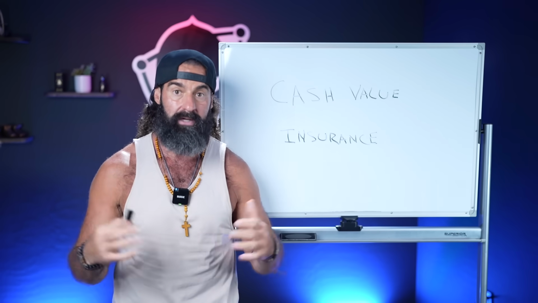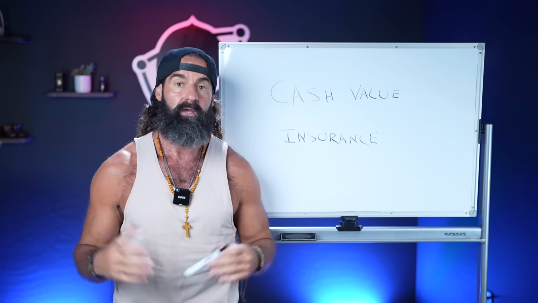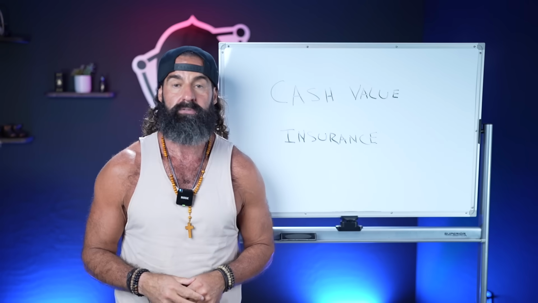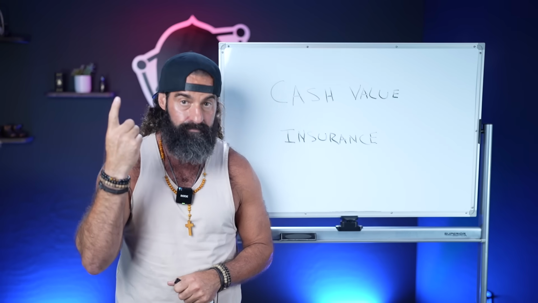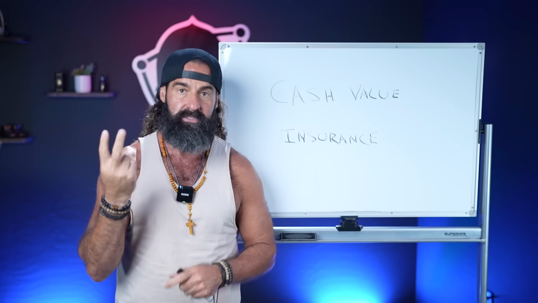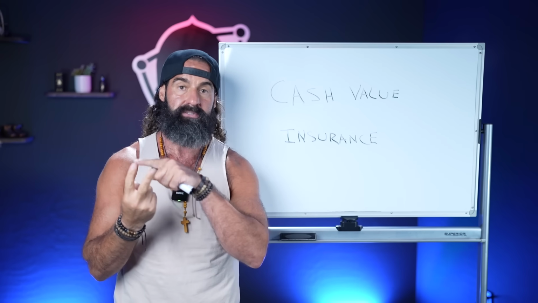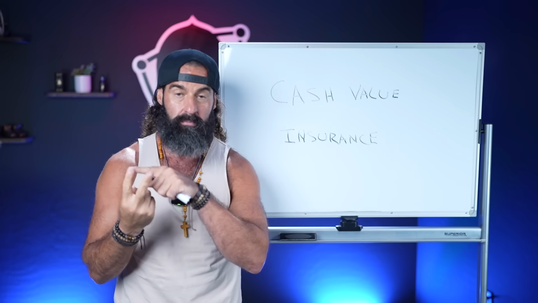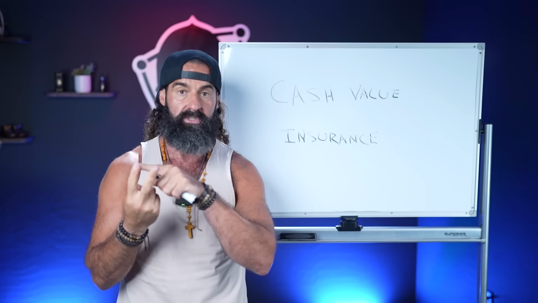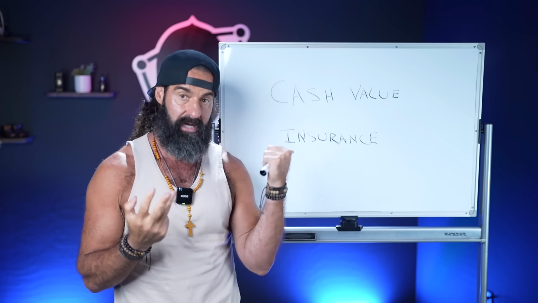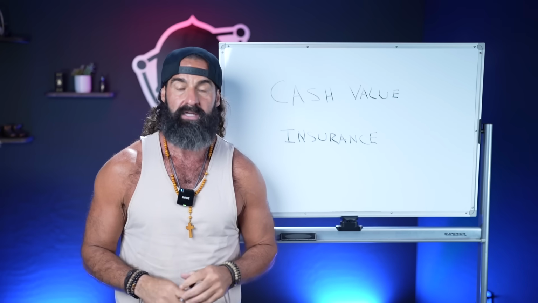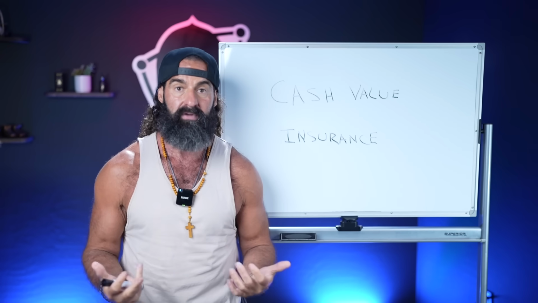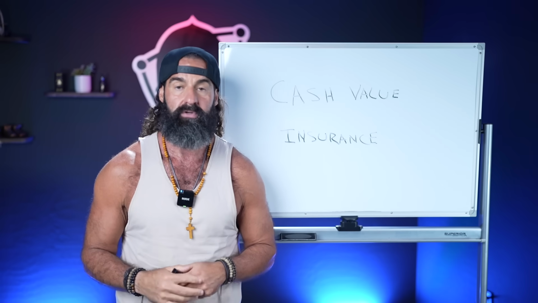So I'm going to share with you how I use cash value life insurance, okay? If you've watched my other videos on my ecosystem, I focus on 4 components. I focus on cash flow, investing in deflationary assets that have a fixed supply that are outside of the US dollar, which is inflationary. We become poorer every single year with inflation. Protection, which is the cash value life insurance, and leverage. So the way that I use cash value life insurance for my kids and my family is we're building legacy with cash value life insurance.